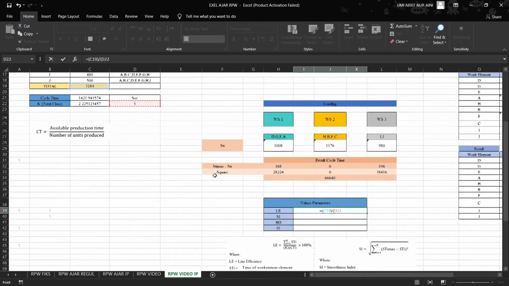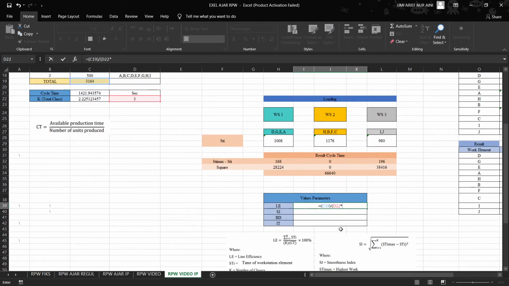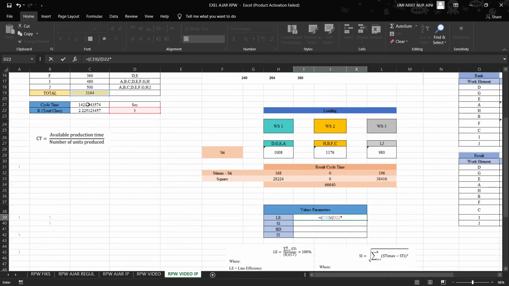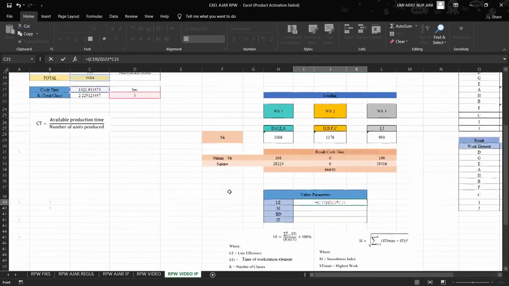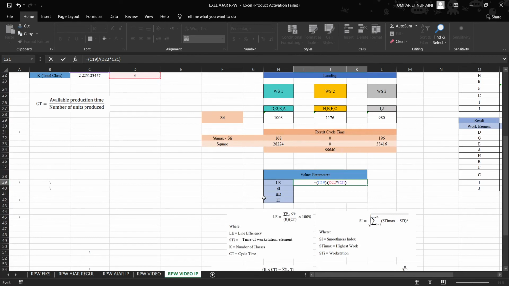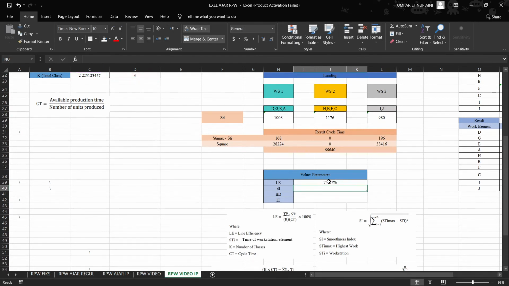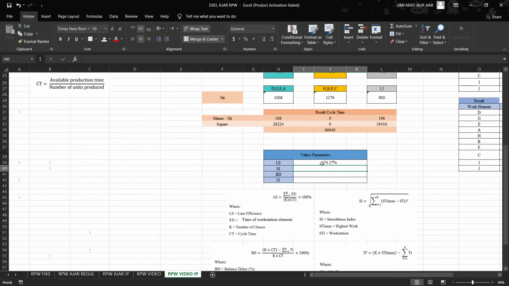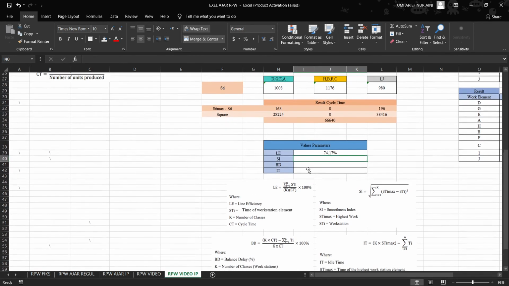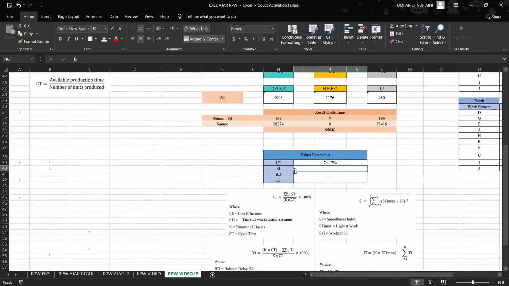Then multiply by cycle time, clicking the cycle time column like this. Then close the bracket, and don't forget to multiply by 100%. And you can see the result of the LA parameter is 74.17%.